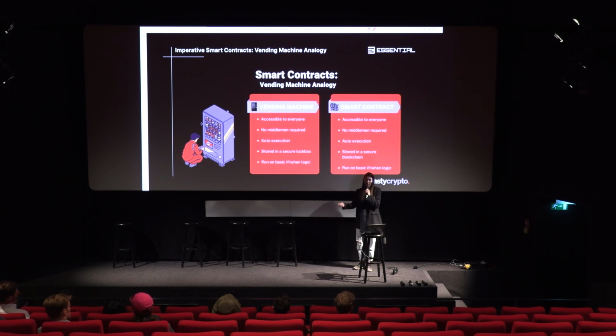And the stated philosophy of chains like Ethereum is that these chains should deterministically execute unambiguous code. And the problem is that the code itself is unambiguous, but the results aren't actually unambiguous because these smart contract vending machines exist within systems that have a lot of ambiguity around them. So we can extend the vending machine analogy to look at why this is a problem.